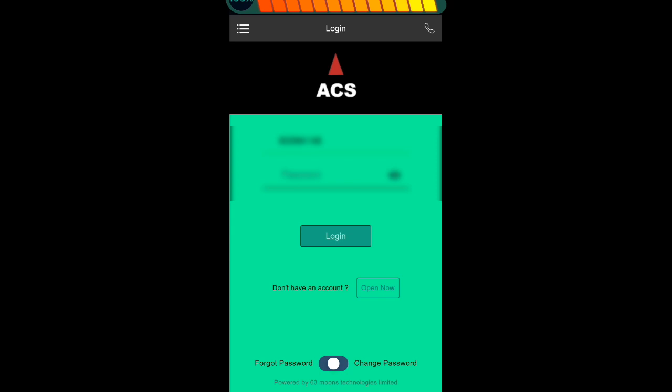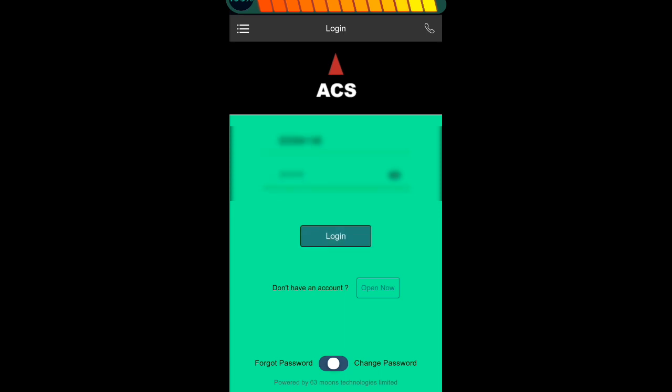Today I am going to show you how you can place a multi-leg order in the Astha Trade Wave application. Astha Trade is providing that application, Astha Trade Wave, the mobile application. With this application, we can place the multi-leg order, and let me log in with my user ID.